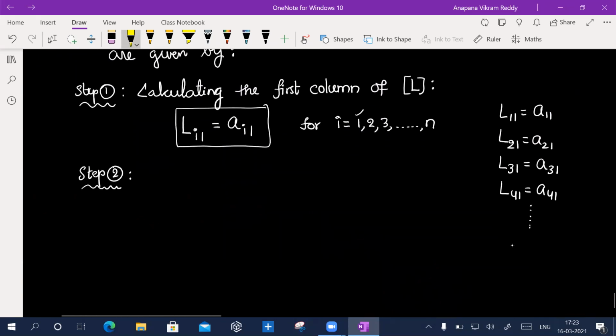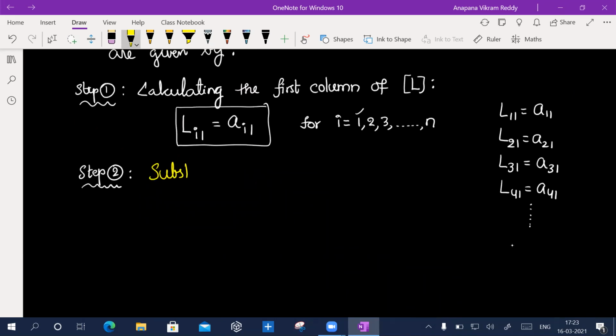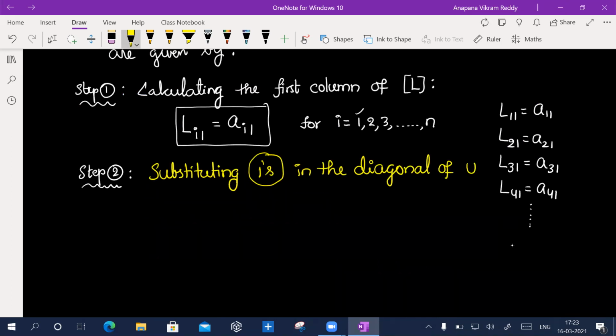I will write like this: substituting ones in the diagonal of matrix U. So how do you write this in programming here?